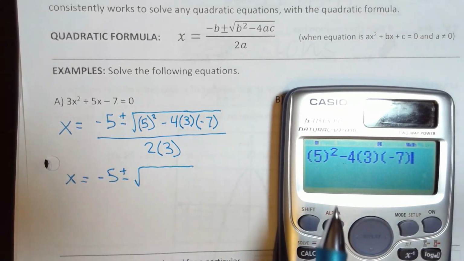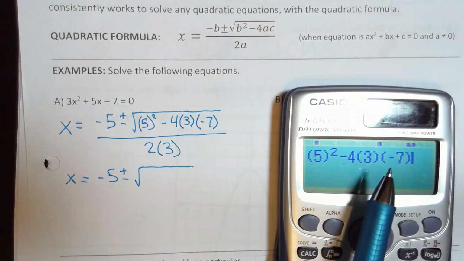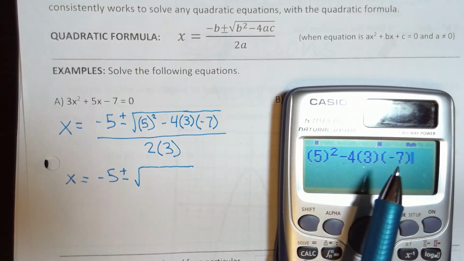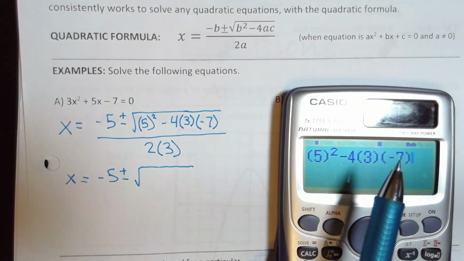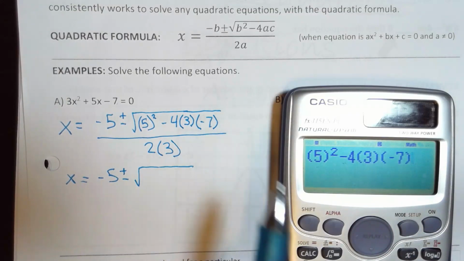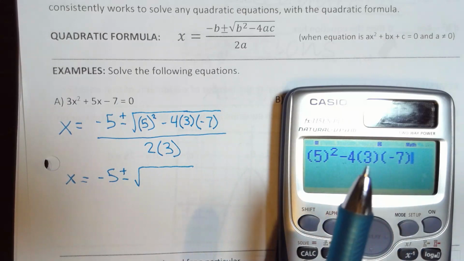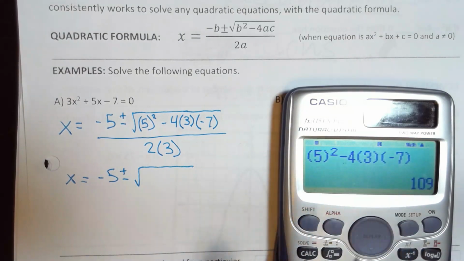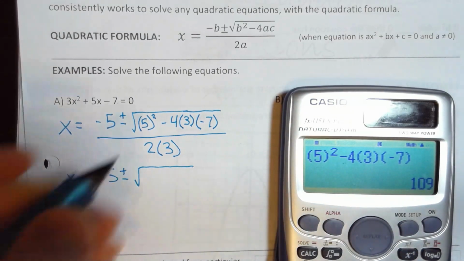Notice how I just used parentheses to represent my multiplication. If you type it exactly as you see it on your paper, you're not going to make a mistake, okay? But if we accidentally type this incorrectly, then we're going to get something we don't want. Okay,